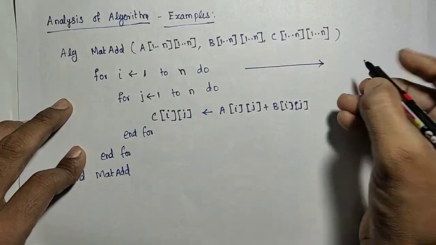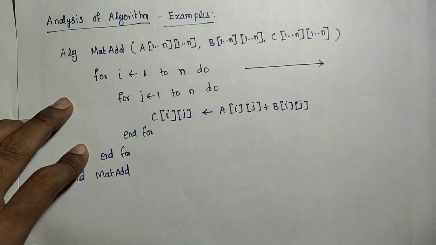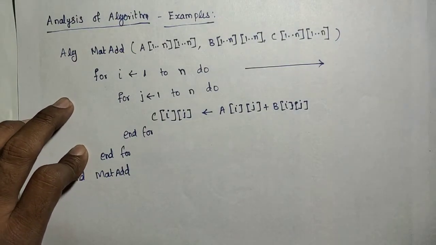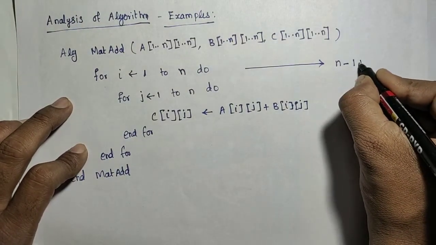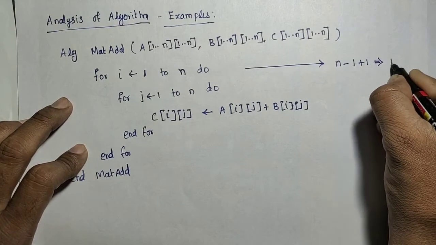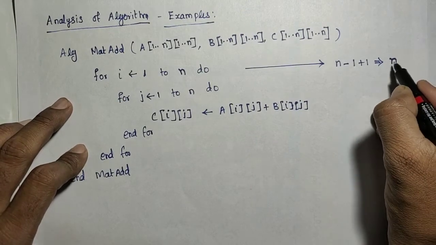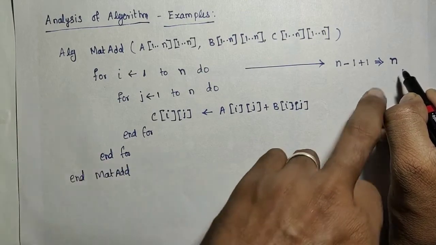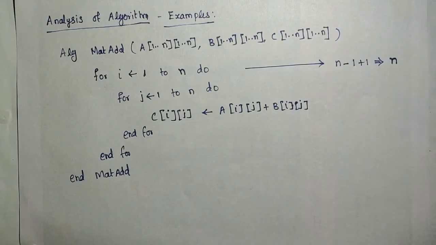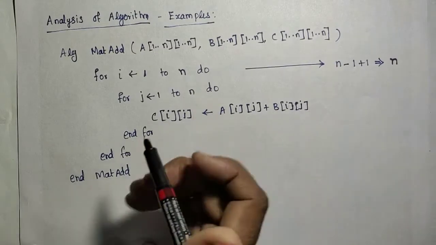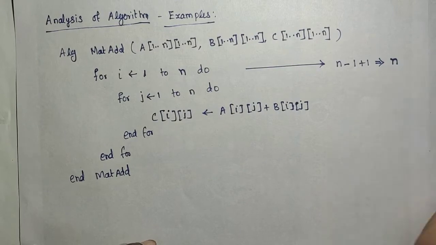This step is going to be executed because we have said 1 to n: you execute i equal to 1, you execute i equal to 2, i equal to 3, and then up to i equal to n. So simply n minus 1 plus 1, which is equivalent to n times. So how many times the loop is going to be executed means n. What we have done here is we have ignored that false condition. That is one additional comparison we are ignoring. If you want to add that also, it will be n plus 1, that's all.